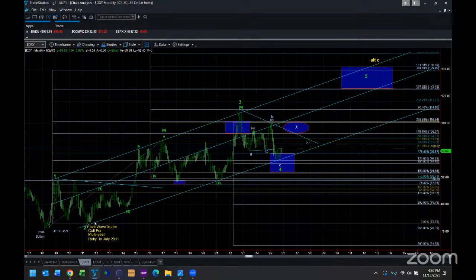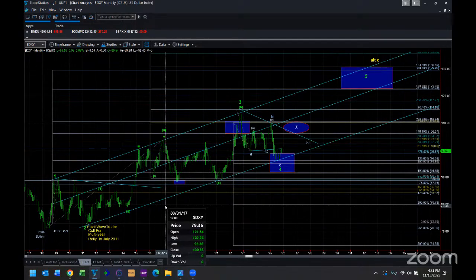I forgot exactly what it was, but it was around 103 from the 73 region. I was looking for a $30 multi-year rally in the Dixie. And again, people thought I was nuts because everybody at the time was so certain that the dollar was about to be trashed. We came within pennies of the target that I had for this third wave at 103.